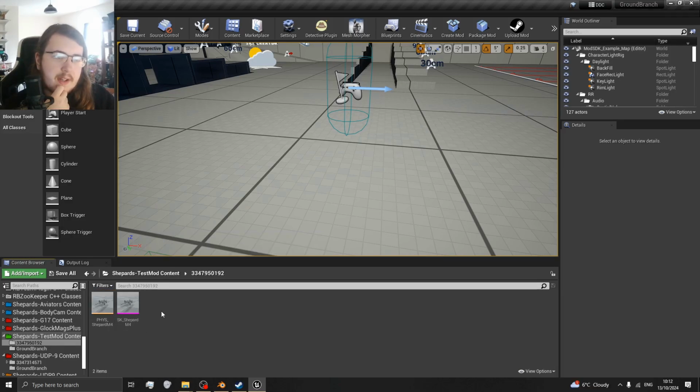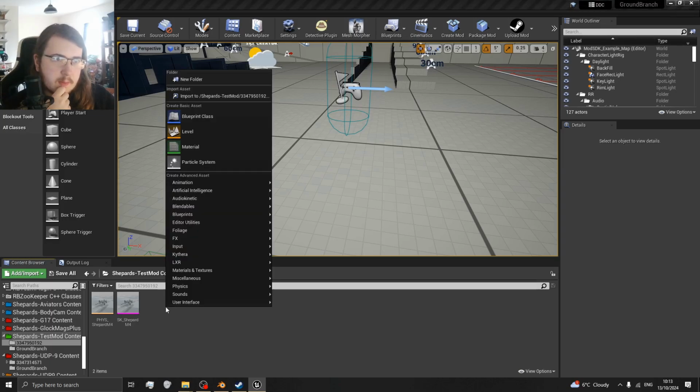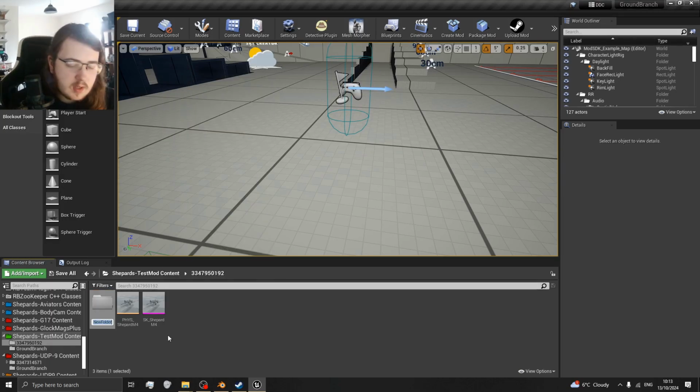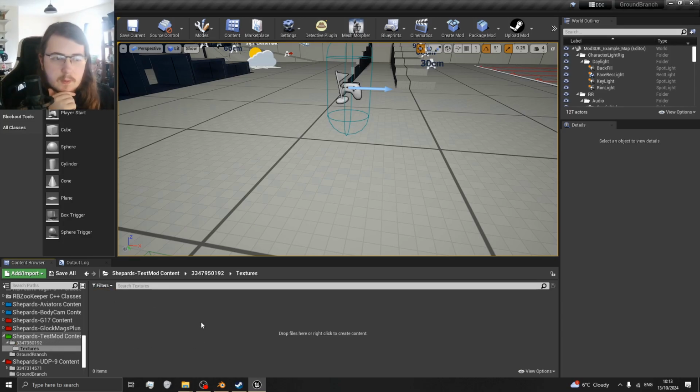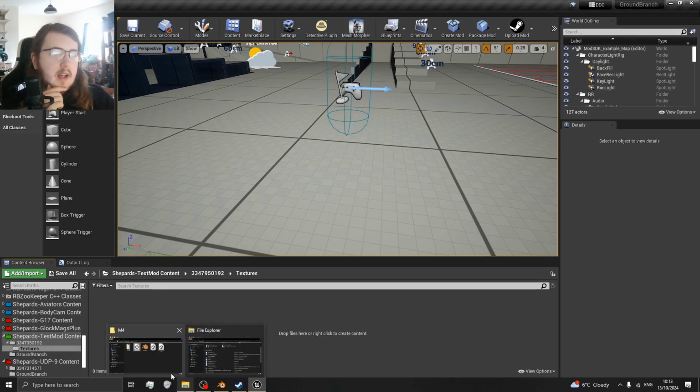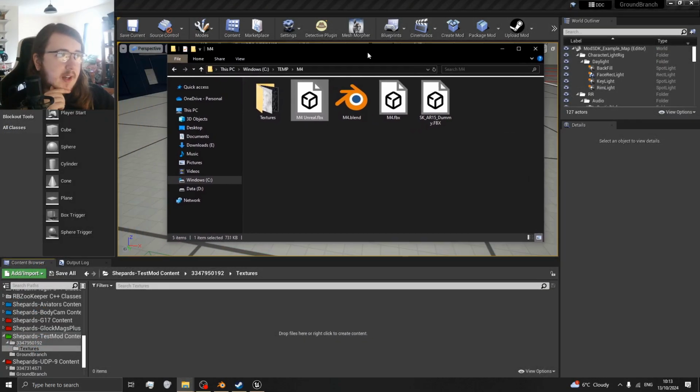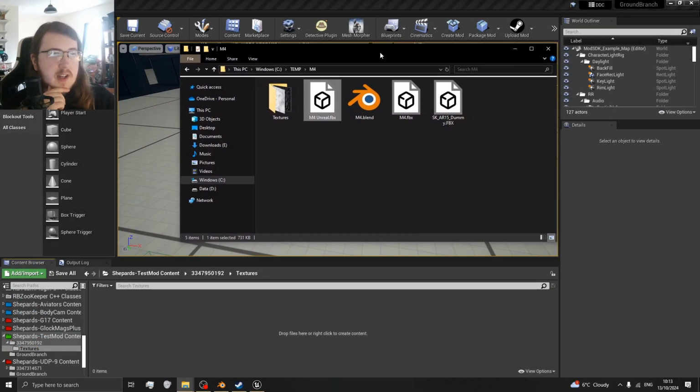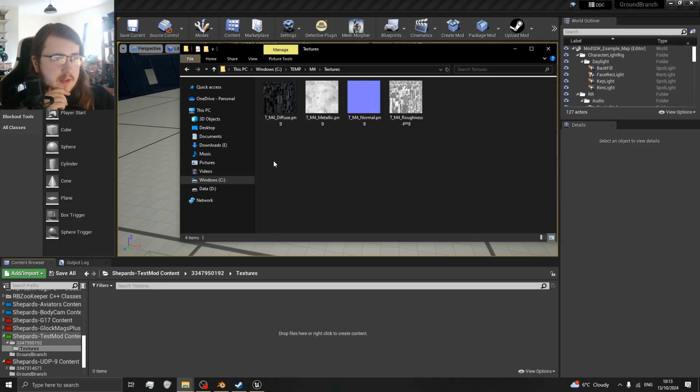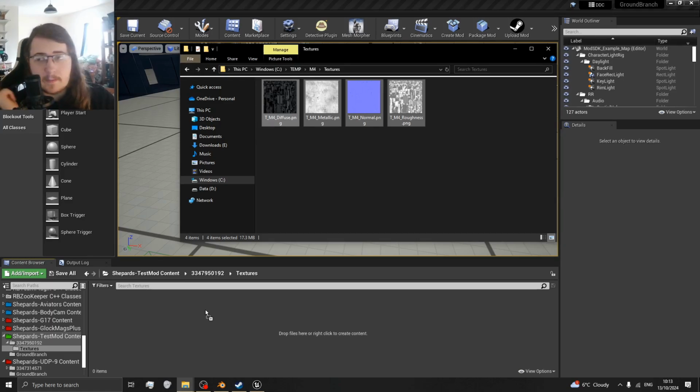So, what next? We want to right click, new folder. Just name this textures, because it's much easier to keep textures and the materials in their own folder over here. Go in here. You probably have textures unless you unchecked import textures. There should be stuff in there, but I'm just going to grab all these and drag them in. Only drag in the textures you need. So diffuse, metallic, roughness, and normal. If you have two normal maps,